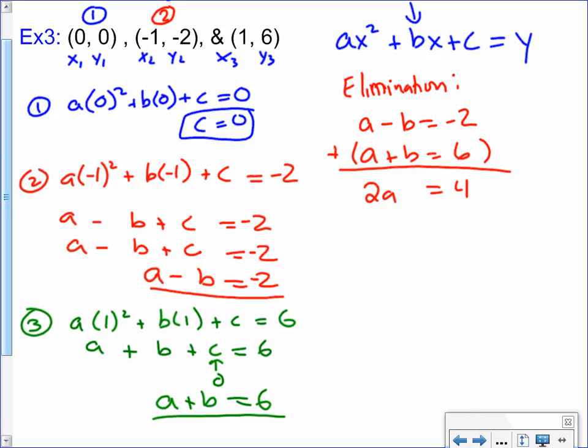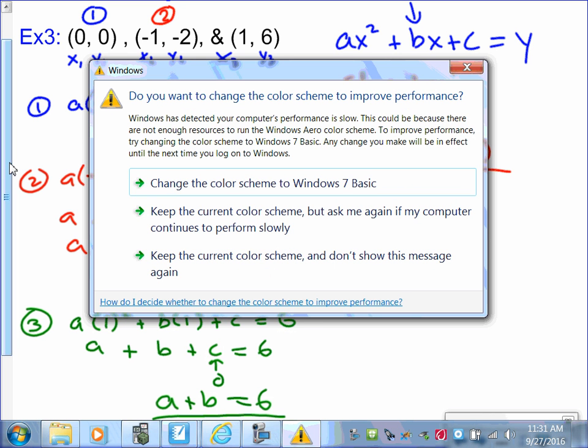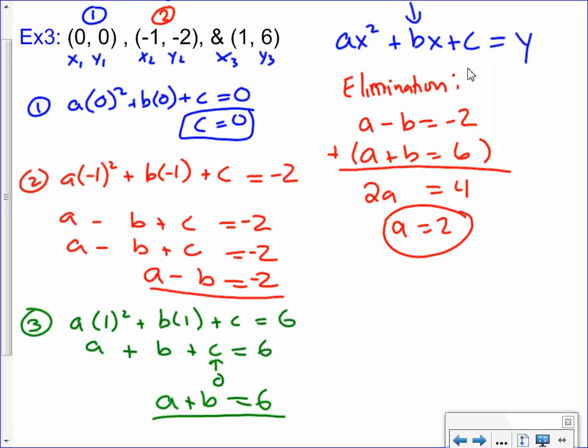A equals 2. So you plug it back in. Pick one. To find b, plug it back in. I mean, you can plug it into any one. I'm going to go ahead and plug it into one of these. So to find b,